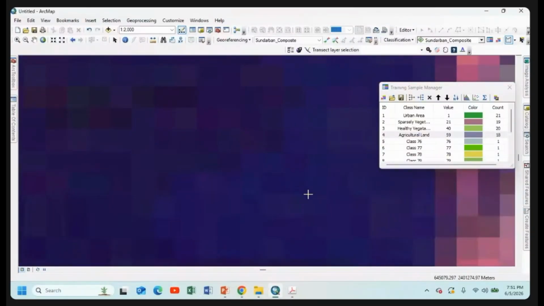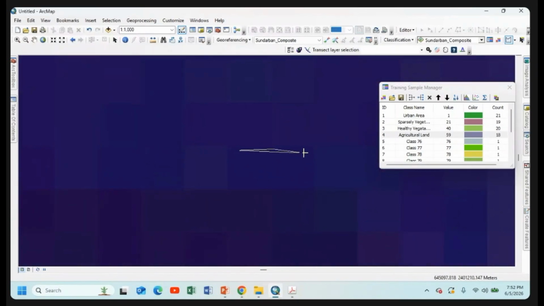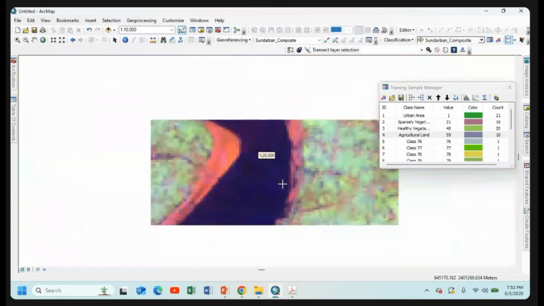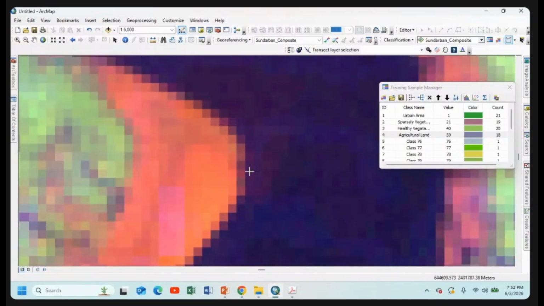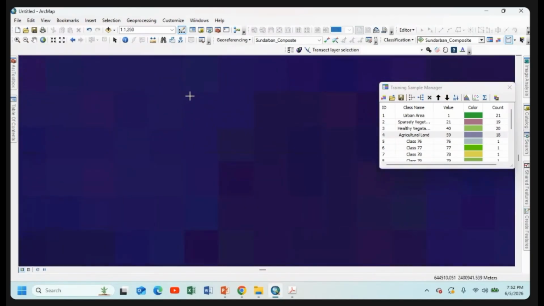So don't be in a hurry when you collect your data set. It is the most important and primary work for creating the map. When you're selecting your training sample, don't be in a hurry, okay? And selecting all these water body pixels. See, I am not choosing from here because here shallow water has been observed where soil and sand are easily identified. So this is not prominently water pixel. Due to this, I go to the deeper water pixels where I can easily find the exact water pixels. So I have no confusion for creating the water body.